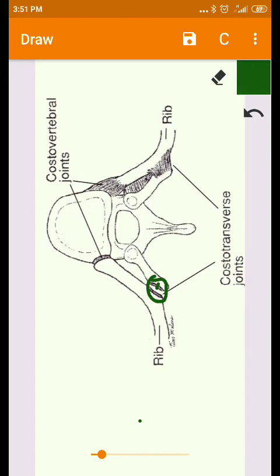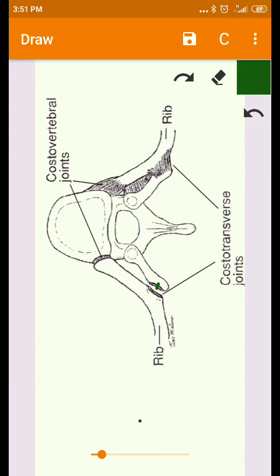This joint is covered by a capsular ligament, and this one is strengthened by 3 costotransverse ligaments. That means ligaments which are attached to the rib and the transverse processes. So we have 3